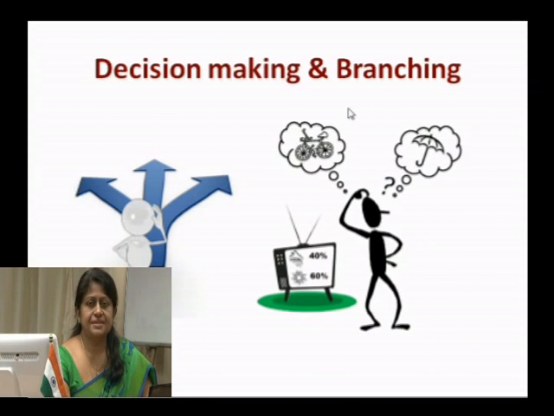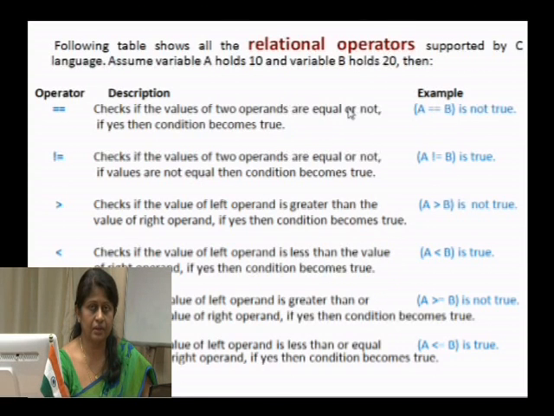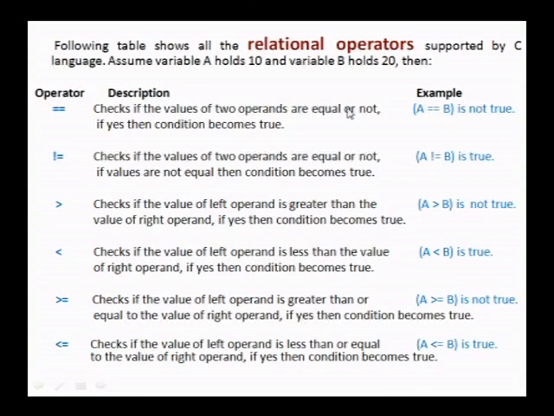So here, as you see, when do we make the decision making? When we have more than one option. So here you see we have multiple options and we need to make a choice between these options. Before getting into the decision making and branching structure, let us look into some of the operators that C supports